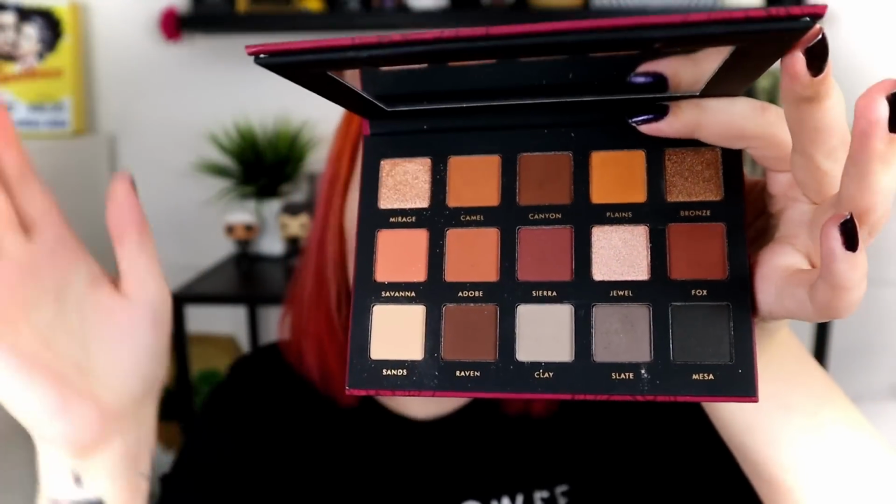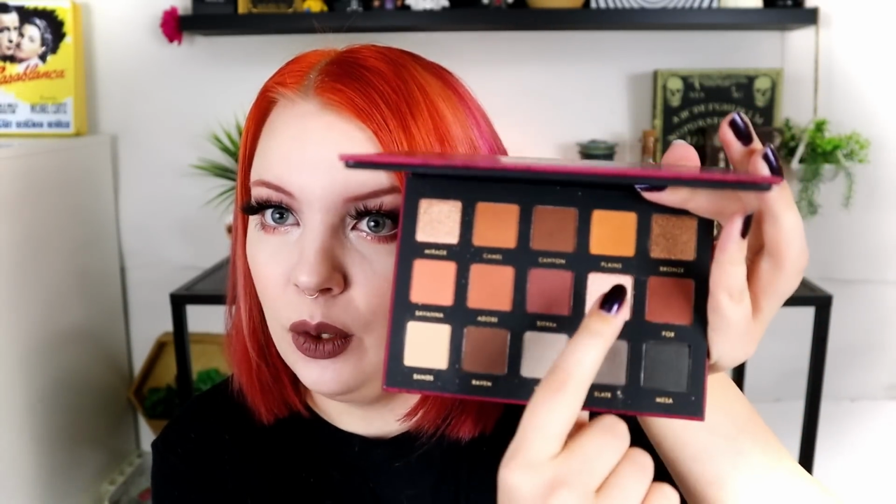But this is the Sahara palette. It's so good, and my favorite thing about this palette is there's some mustardy tones in here, like this one and this one, and I love the burgundy mixed with a mustard shade. For me, that has a great eye look, and this palette is very matte heavy. There are only 3 shimmers and one satiny shade. This one's kind of a satiny, and there's only 3 shimmers, which is so good because it's so easy to